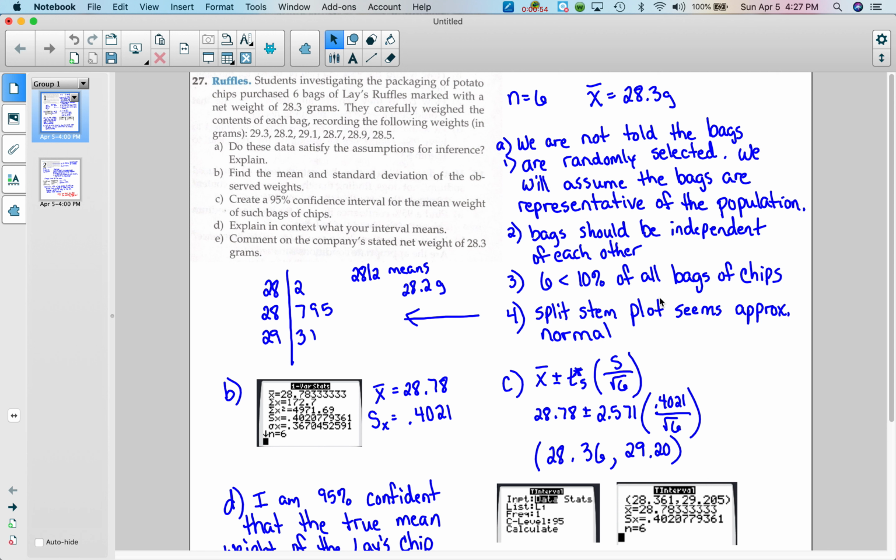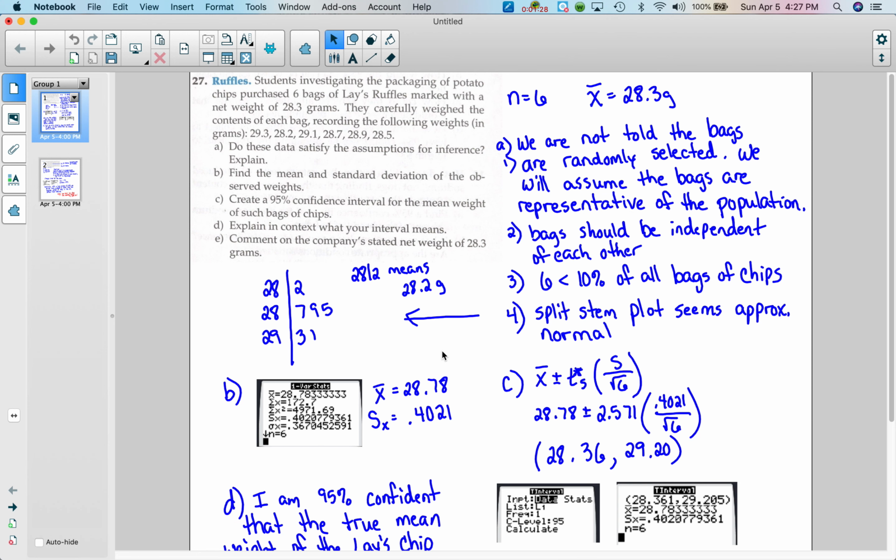And then the normality, I did a stem plot. Now, I did a split stem plot. I think it's the easiest plot to do with a small data set, which means the 28 point, anything from 0 to 4, 28.0 to 28.4 would go on that stem. 28.5 to 28.9 would go on the next stem. 29.0 to 29.4 would go on the next stem, and that's all I needed. I didn't bother putting the stems in order because that's not really my goal here. My goal is just to show a rough graph there to show that it is approximately normal,